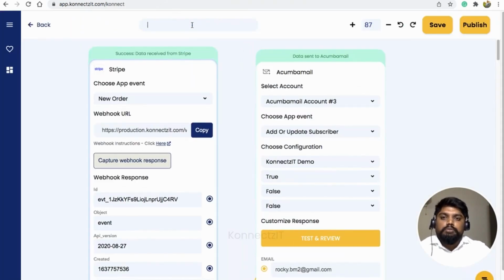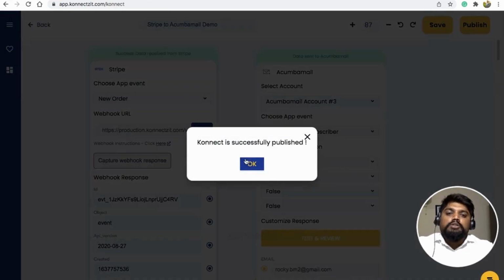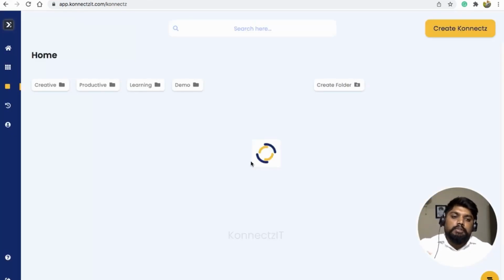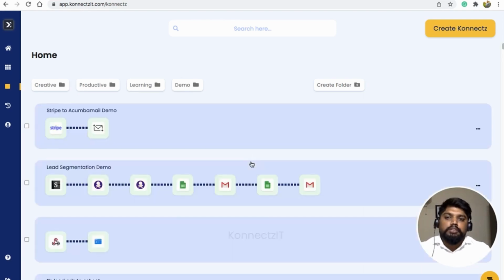Now I will name my connect Stripe to Akumba Mail and publish it. Let's now make an actual purchase to test the connect, to see whether it works fine whenever there is a new purchase.